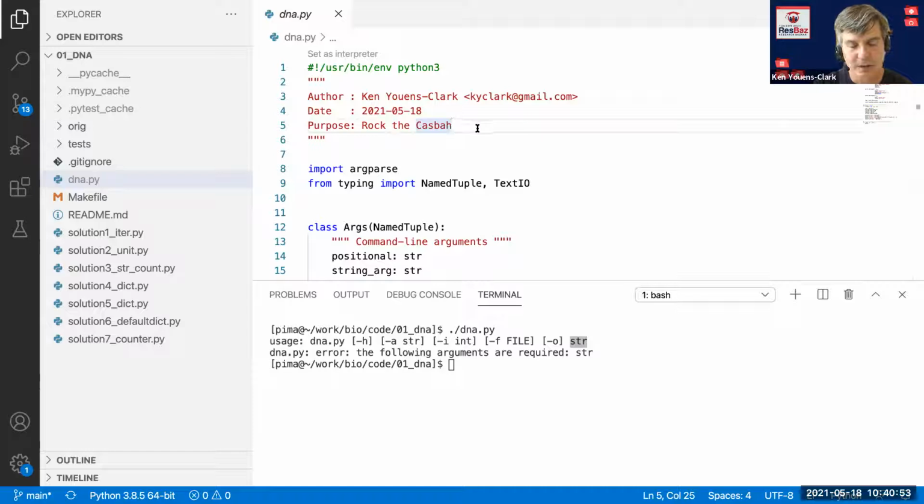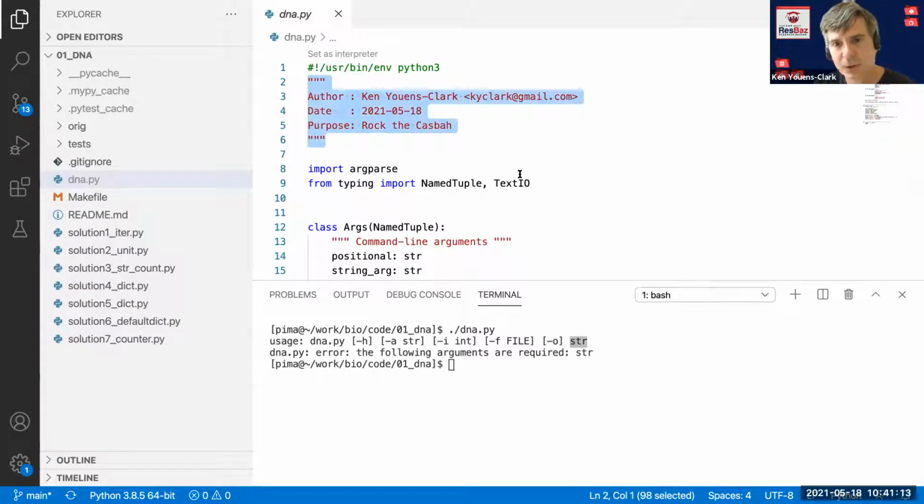I think it's good form to put your name and the date, your email address in case someone has a problem. Like if you're writing this program for someone else in your lab, it's important for others to know who wrote this. And actually it can be really useful to know when you wrote something, because you'd be like, wow, a lot of time has passed. So that's a doc string up at the top.